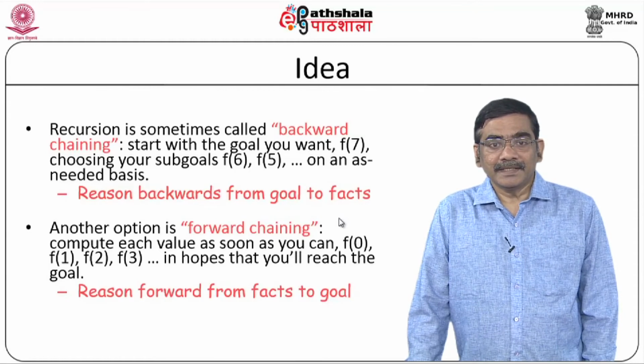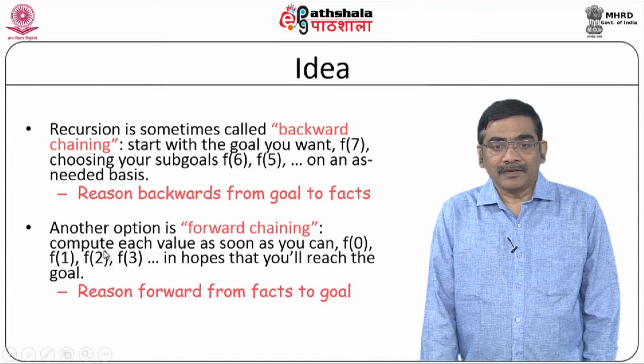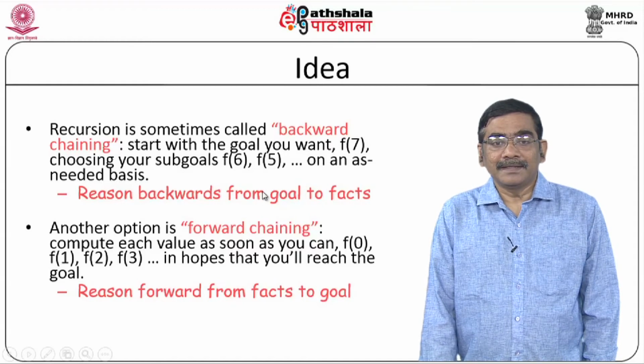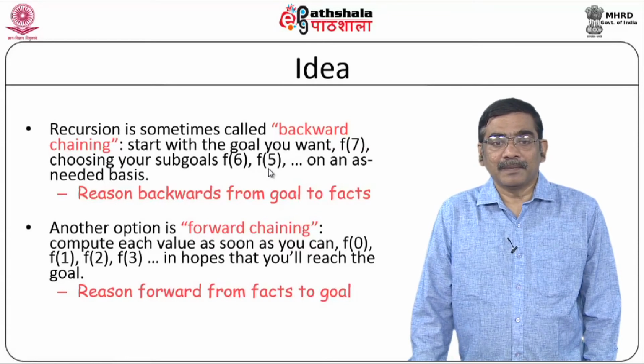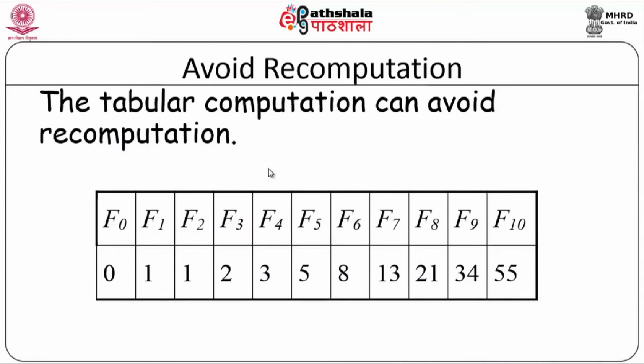So, the idea is very simple: change the direction. Instead of the forward chaining, where you are going from F0 onwards, you try to change your reasoning so that you can optimize this particular problem. In other words, by changing this chaining process, we can achieve optimality. So, now you can see the tabular computation is very effective.